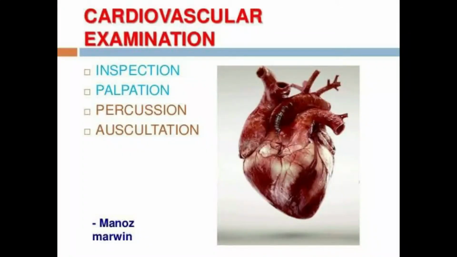For cardiac examination, stand at the patient's right side. The patient should be supine with the upper body and head of the bed raised to about 30 degrees. Heart examination consists of inspection, palpation and auscultation. First, inspect the anterior chest for any lesions and scars. Careful inspection may reveal the location of the apical impulse.